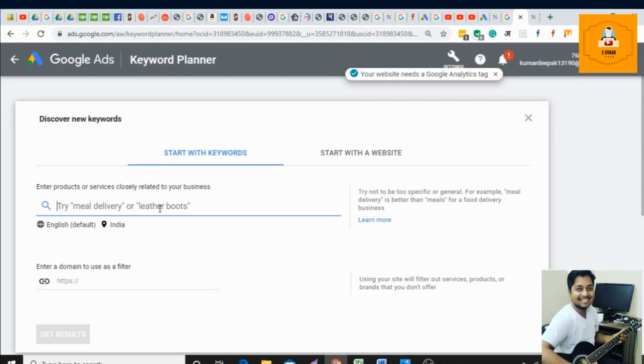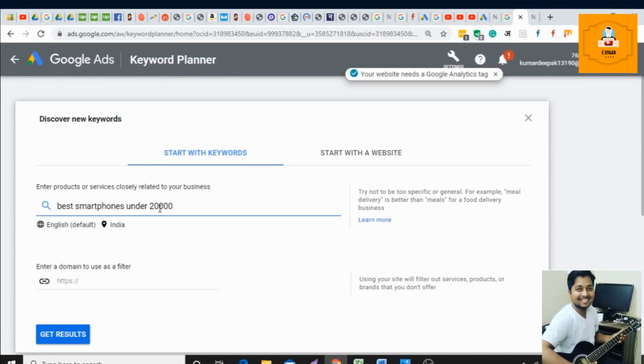For example, I want to check keyword difficulty for a keyword: best smartphones under 20,000.